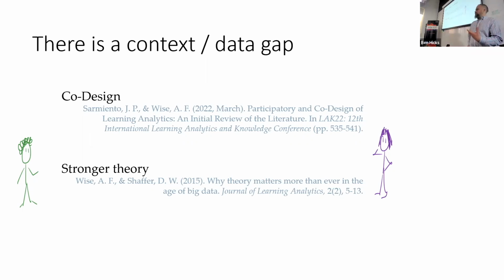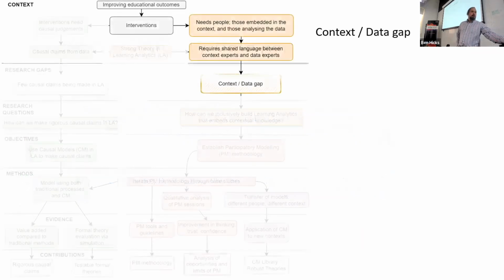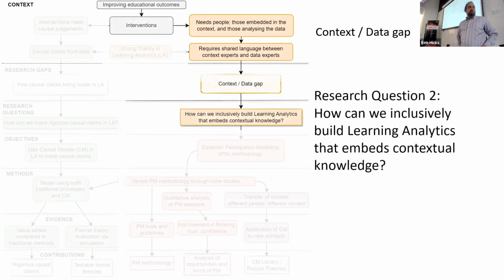People are still calling for this. It's still very much under active development. It's clearly a very, very hard problem. So we have the data context gap. I'm hoping to address this by trying to understand how we can inclusively build learning analytics